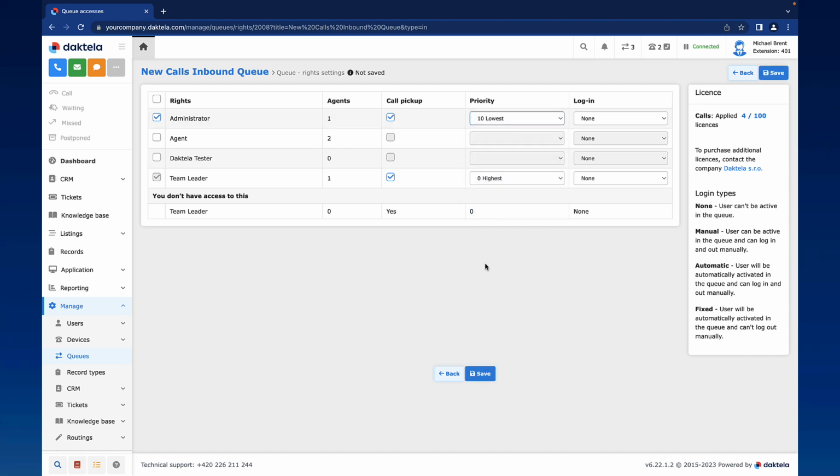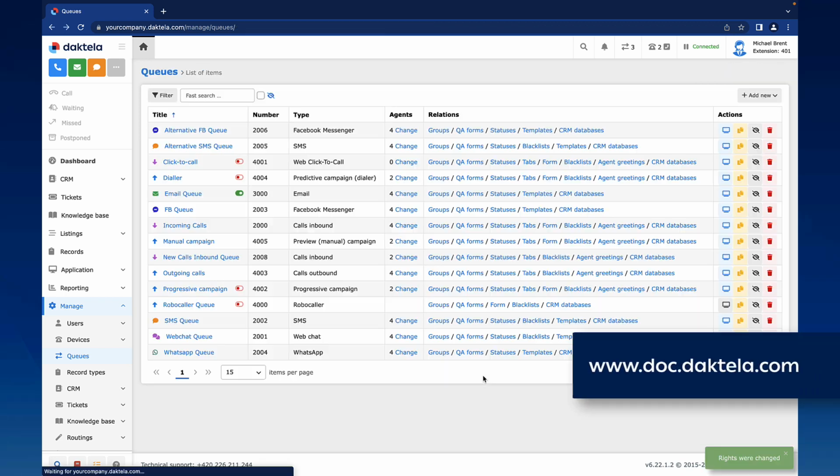This view also lets you quickly select what rights are needed to access each of your queues by ticking and unticking the boxes next to them. This column displays the number of users that have that right. Rights that have call pickup turned on can accept activities which are already ringing at another agent using waiting activities. The login method field specifies how users will gain access to the queue. Naturally, an even more detailed description of this function can be found in our documentation.